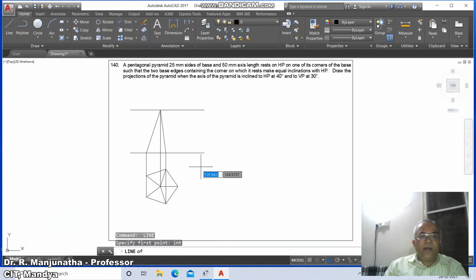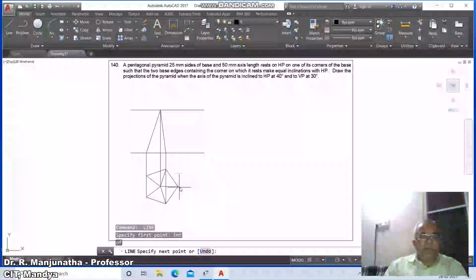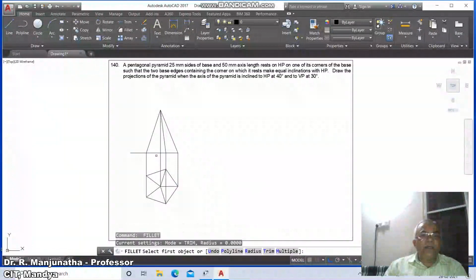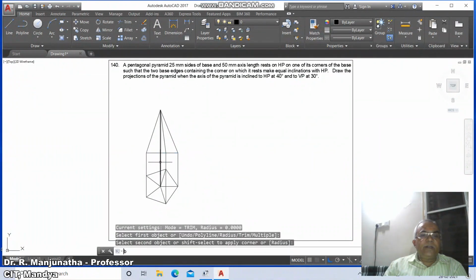Similarly, line, INT of this and take perpendicular to this and INT of this. Then go to erase, then go to fillet between these two lines and between these two lines. Then go to break, select this.